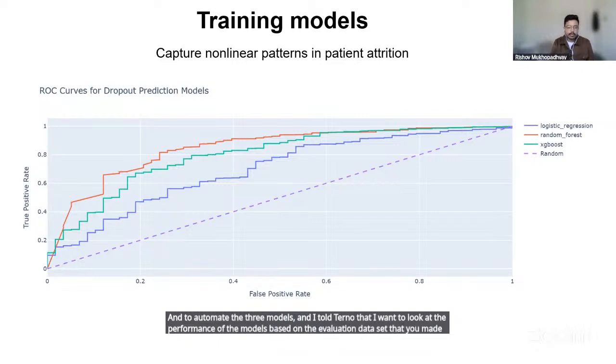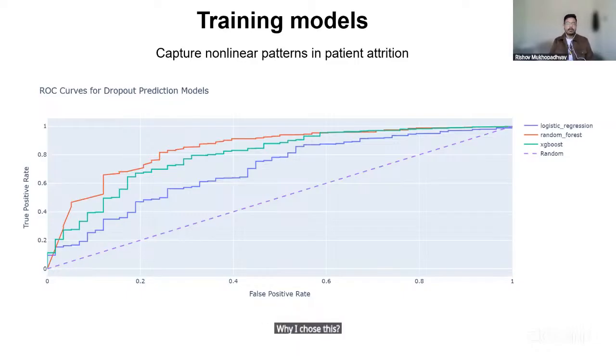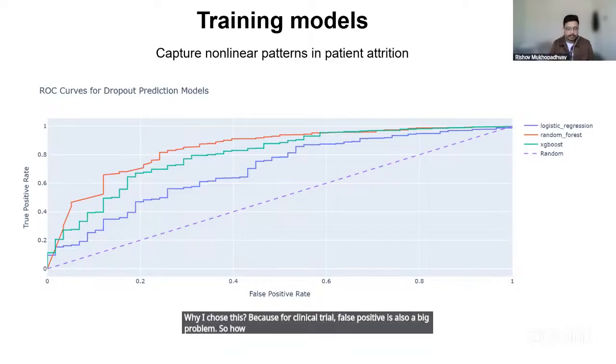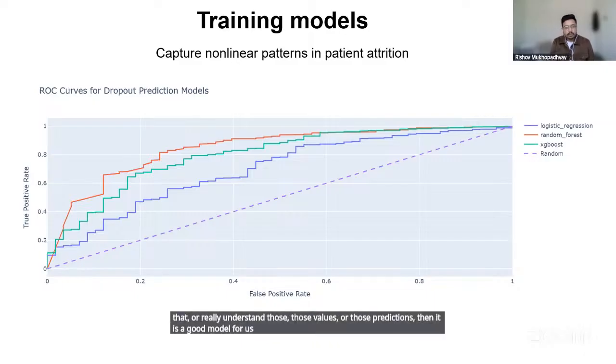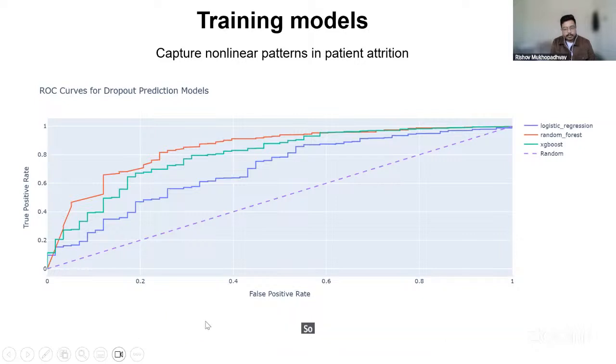And I want to compare the true positive and the false positive rate, to see which model can understand how much of the positive rates. Why did I choose this? Because for a clinical trial, false positive is also a big problem. So how much false positive is there? If a model can predict that or really understand those values, then it is a good model for us. So here you can see that random forest,